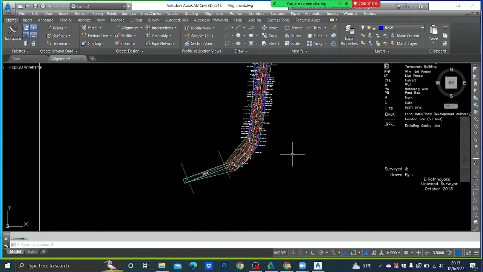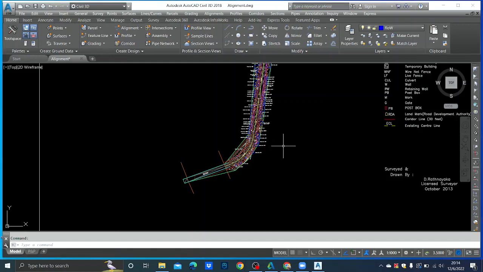Usually in national roads we do not use spirals, only in expressways. Why is that? Because what is the design speed for national roads? It is either 70 or 50. Why? 70 is in rural areas and 50 is in